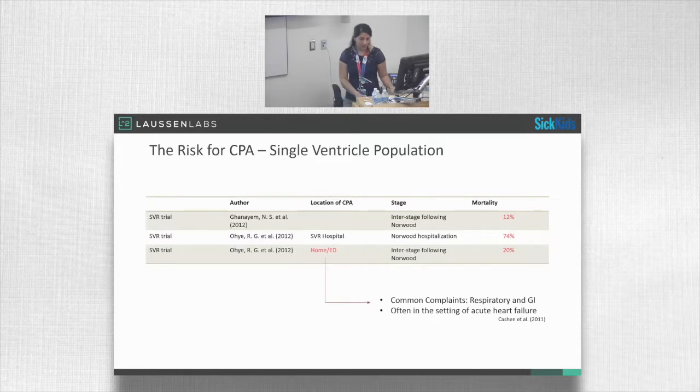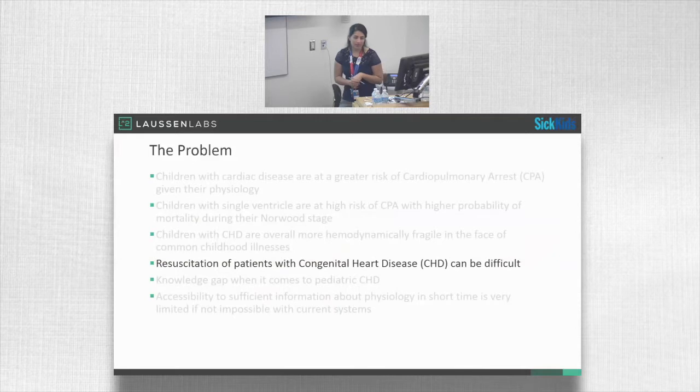20% of kids who are in their interstage following being discharged home present to the emergency department or suffer an event at home, following which they can die. And in many of those kids who present to emerge, many present with respiratory and GI symptoms, which are often under the umbrella of heart failure and can go unrecognized, being chalked up to regular childhood illnesses. Kids with congenital heart disease have a,